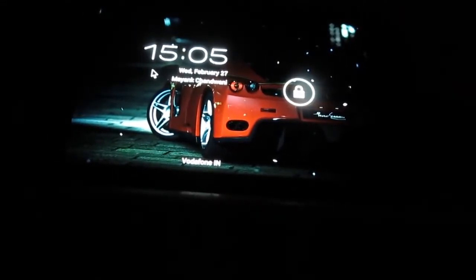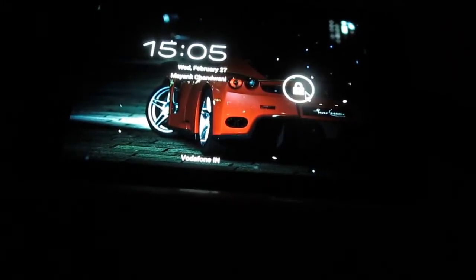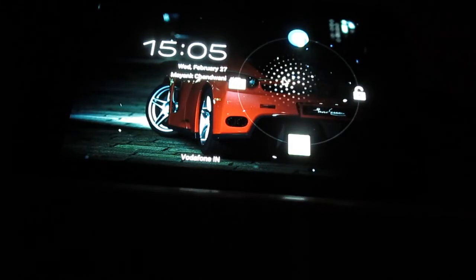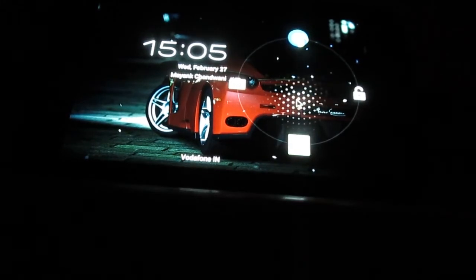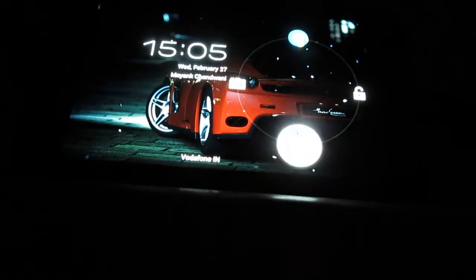Okay, perfect. Let's start. As you can see, I'm running Android Jelly Bean. This is the leaked version. It came up a couple of months ago, and I've already flashed this ROM on my phone, so definitely I'm rooted. You can see I'm using the Jelly Bean lock screen, so you can just swipe this one to